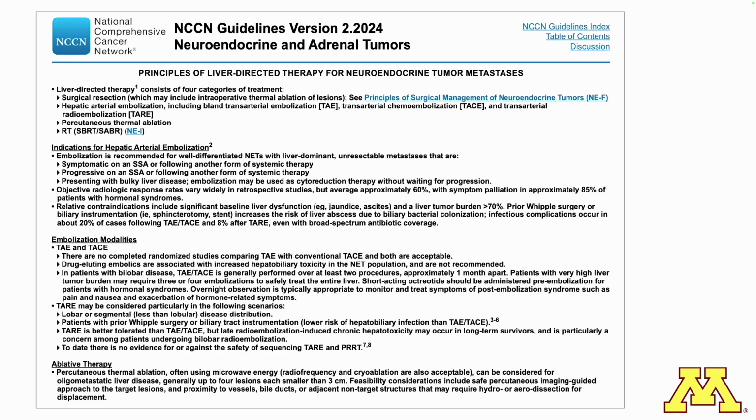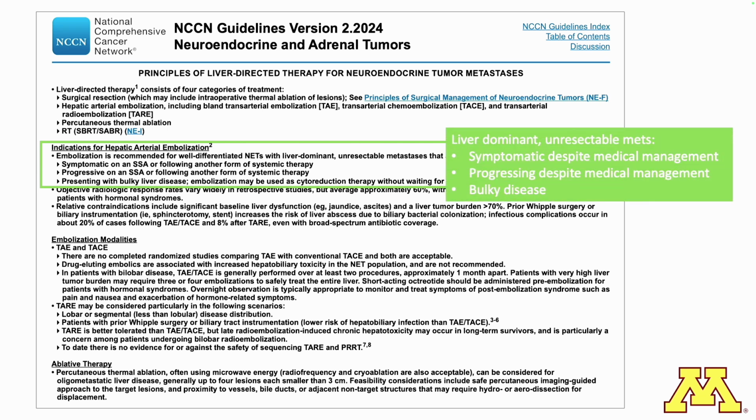So these are the NCCN guidelines from 2024. There hasn't been any change in 2025, the updated version. So the indications for hepatic artery embolizations, which means getting into the arteries which are supplying the liver,